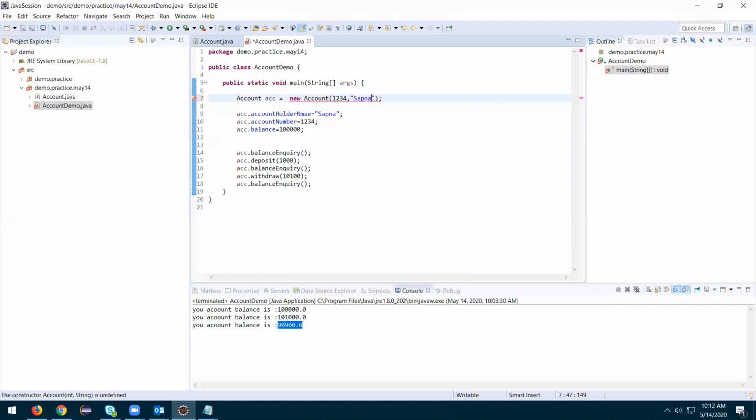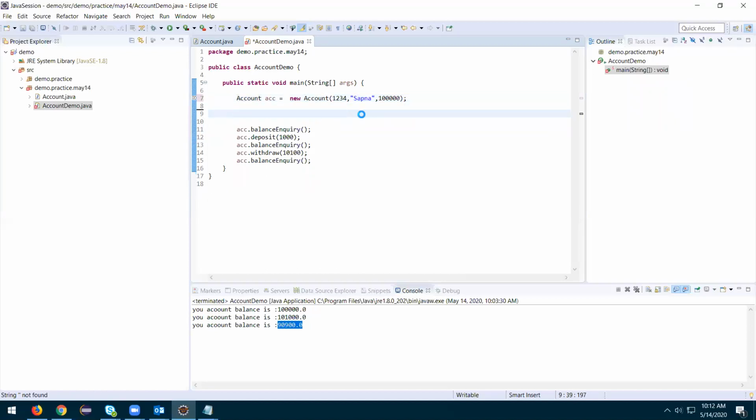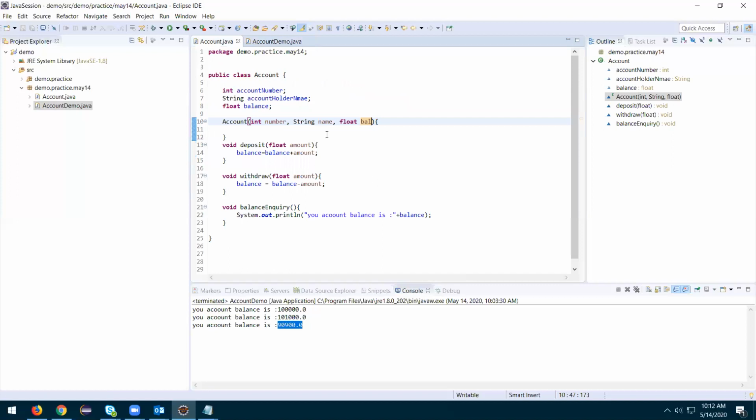Sapna is already looking so angry. Initially Sapna has 1 lakh. I'll remove this. So those all came here, but did not assign here. We can assign them now.